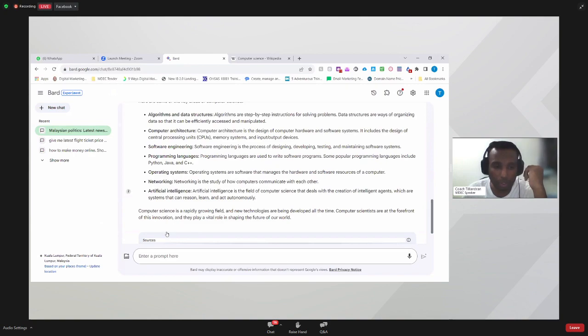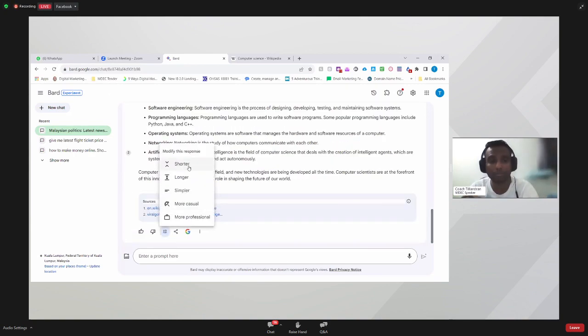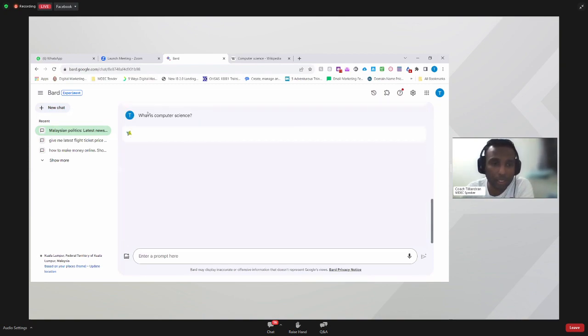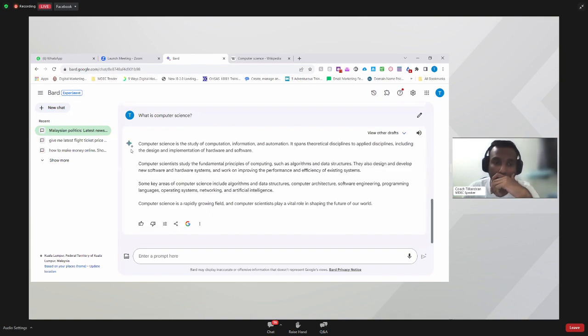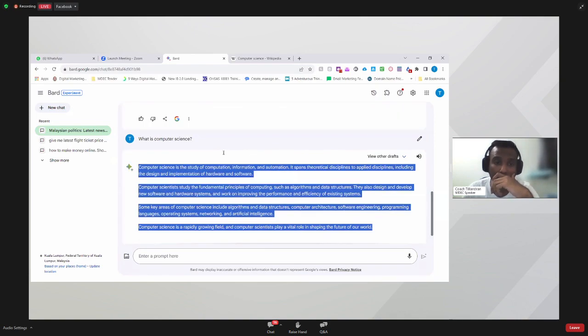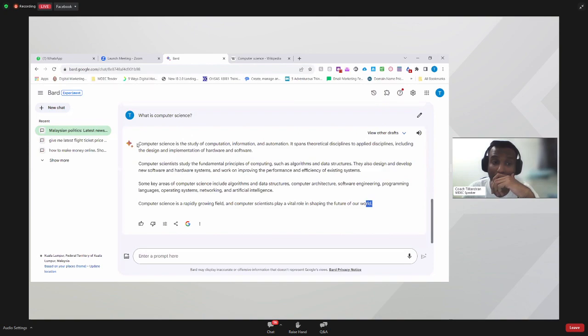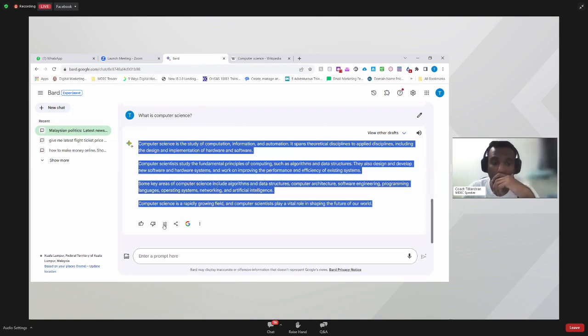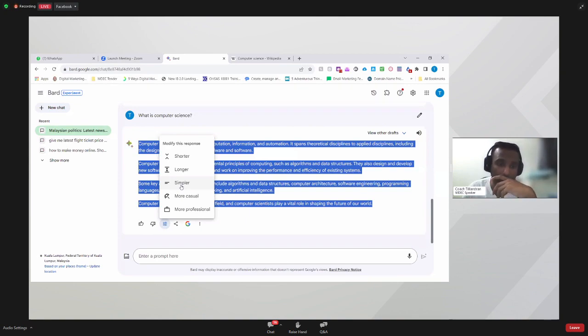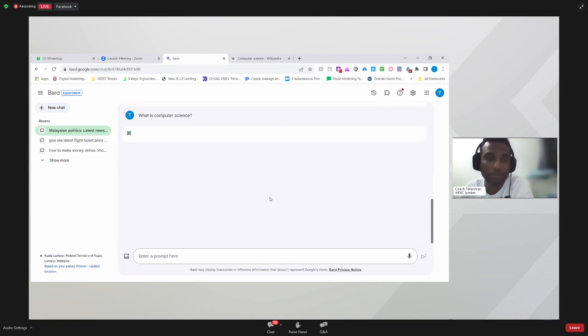You have an option to go here and get a shorter answer, a response which is way shorter, a simplified answer. If you click here, what happens is it generates an answer to the same question, but a simplified answer. See? It has given a shorter answer. Earlier, the answer was very long, but this one is shorter. Say this is still too complex, and you want it simpler. Then you go for a simpler one. You click simpler, and it will give you an even simpler answer.